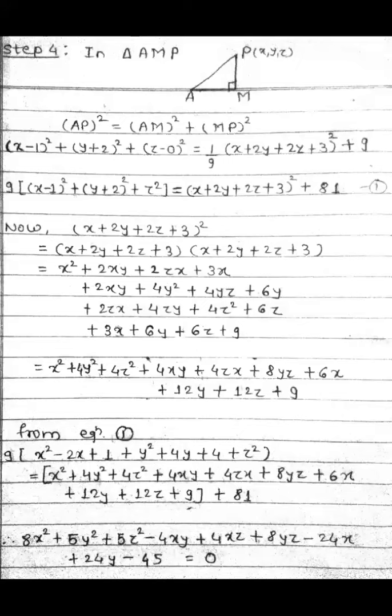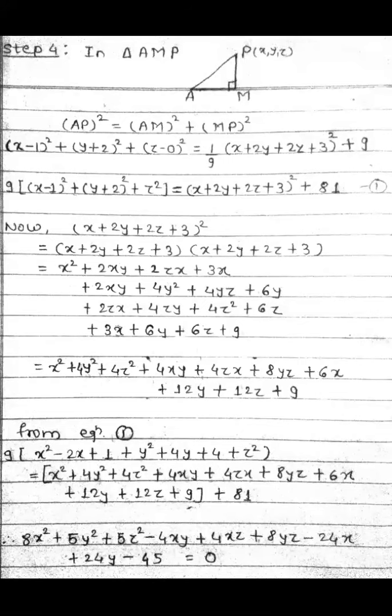The next step is about the triangle AMP. So I'm writing here the triangle again, not the whole cylinder. Just focus on this triangle. So look, you will obtain a right angle triangle. And then with the help of the Pythagoras theorem, you can find the equation of a right circular cylinder. By using the Pythagoras theorem, it can be written as AP square is equal to AM square plus MP square. And already in the previous steps 1, 2, and 3, we found the AP square value, AM square value, and MP square value.